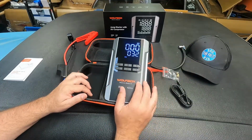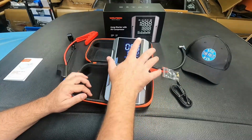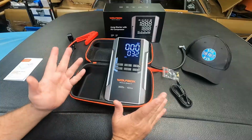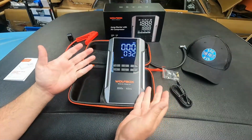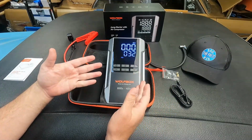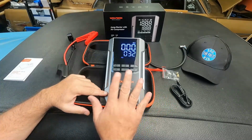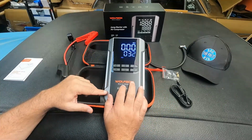Now I don't have, of course, the tube hooked up or it hooked up to a car. What I'll probably do is get this fully charged up before we do the inflation test and do the jump start test. Now, in addition to being a jump starter and an inflator, this also has 2 other functions that I think are pretty neat, and they really do help out if you're in an emergency situation out on the